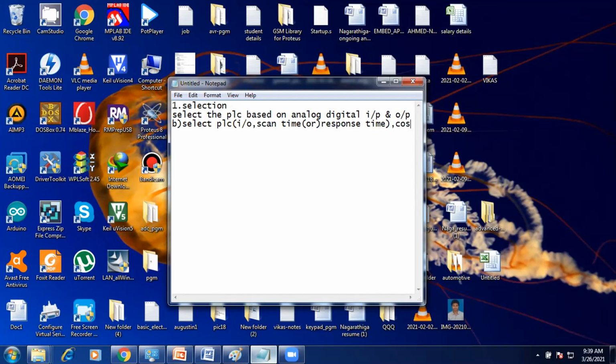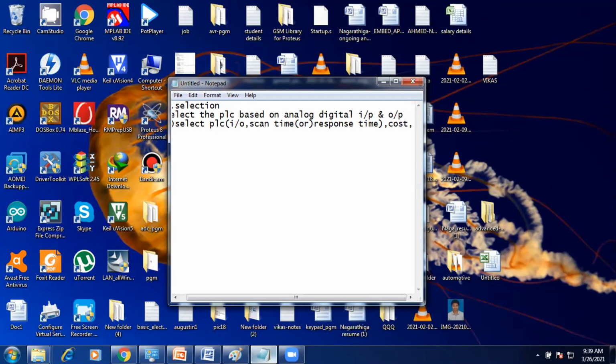Under this PLC, we have many brands: Siemens, Omron, Mitsubishi, AB, ABB, Delta. Like that, we have many brands. If we are using it just for simple applications, based on the cost, we will prefer some of the lowest price PLCs. If the application is very high-end, based on that, we need to prefer some of the PLCs.